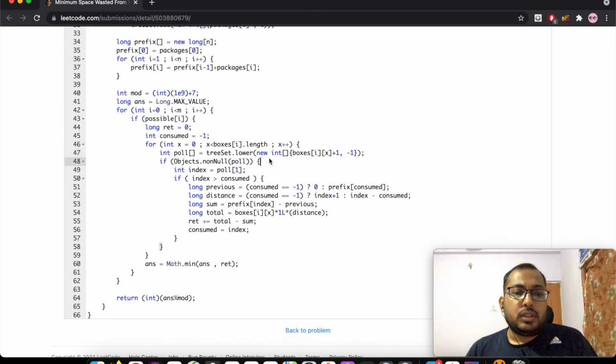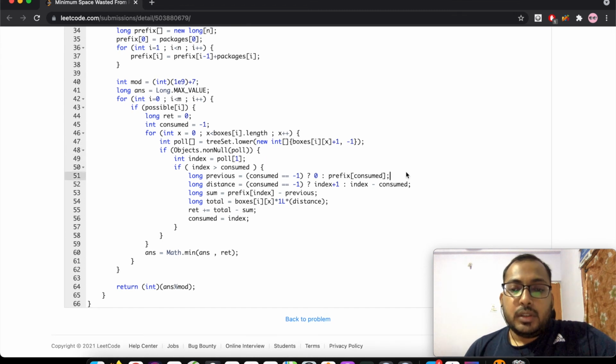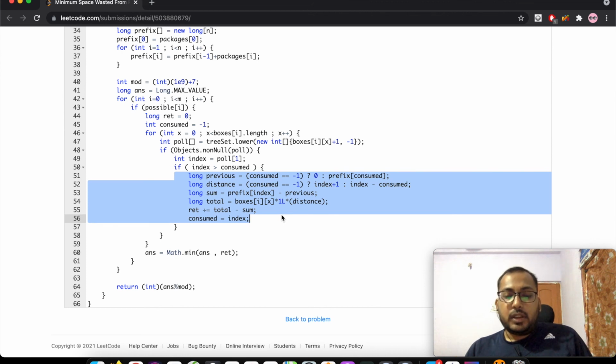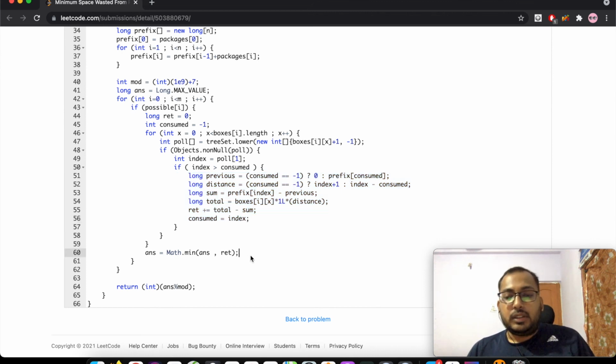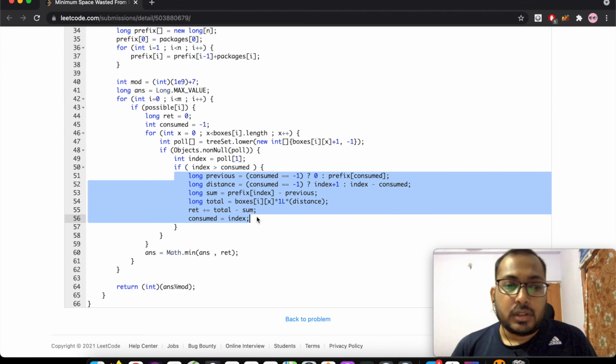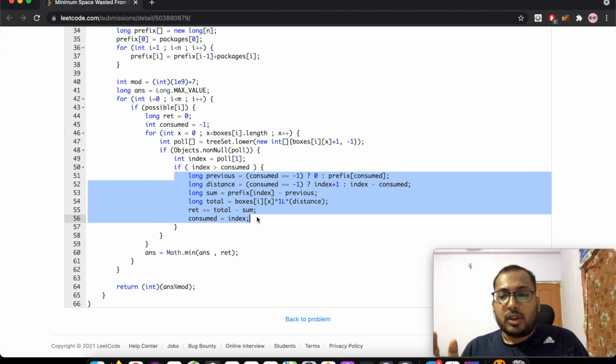If that is not null, I get all those indexes. This is basically the computation of the range that I have, and finally I take the resultant. This should be pretty doable. You can also sit with pen and paper and compute, for a particular index, how many values you need to take, and since you already have the prefix array, you can compute that in O(1) time.